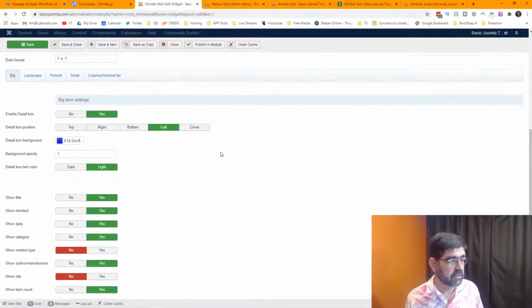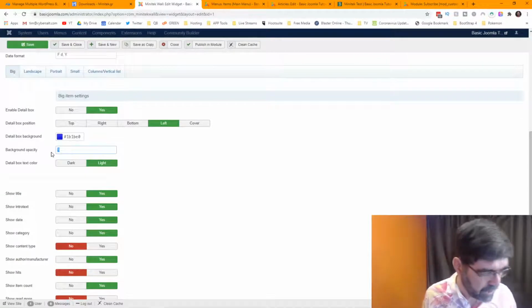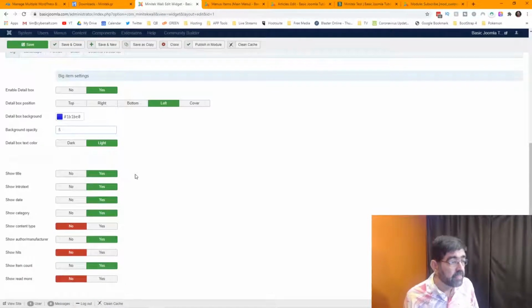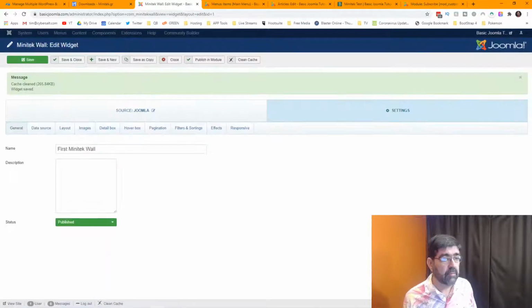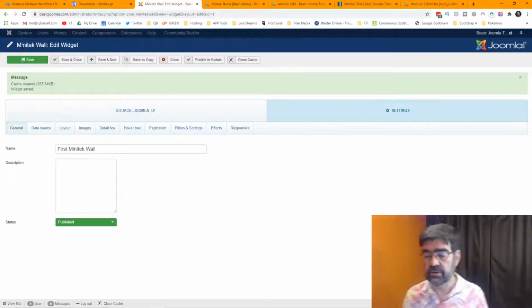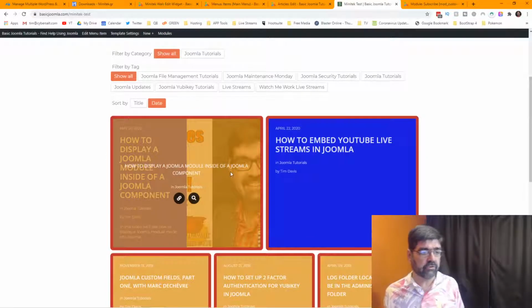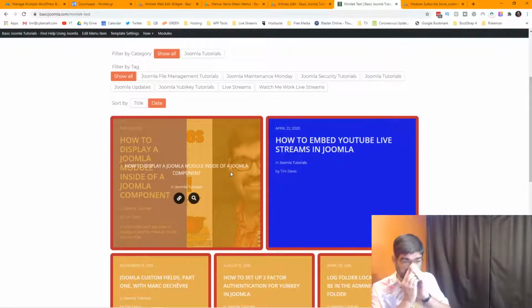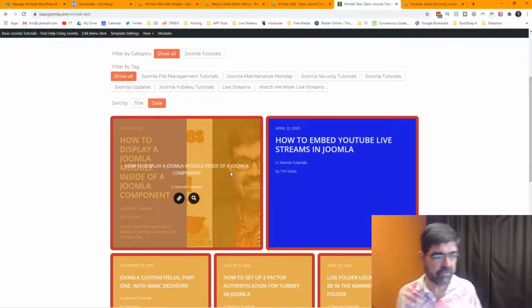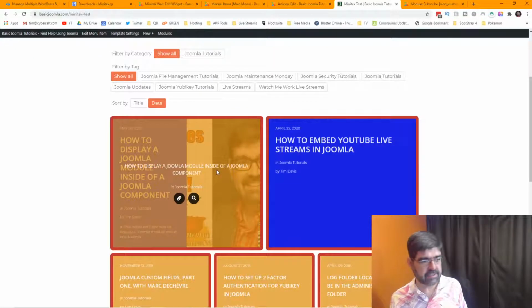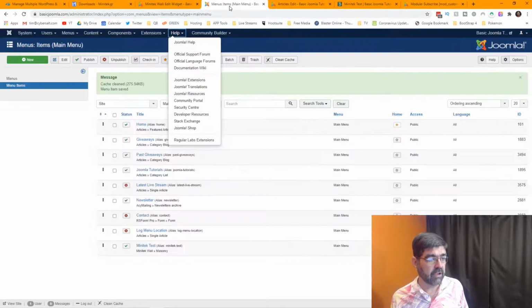Detail box. Let's do the opacity at 0.5. Okay. Now, Mary, here's something I could not find the other day for the life of me. When I mouse over this, it goes to that sepia view. If I want to change that color, I could not find it. I could find these other colors, but I could not find where to change that sepia. And even now, just looking in here,